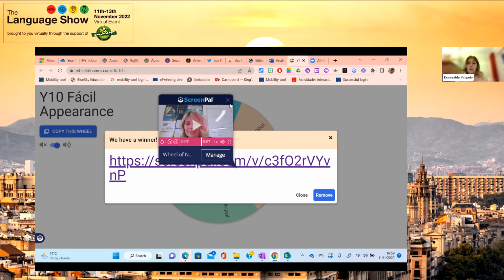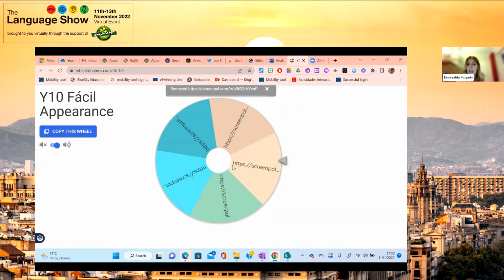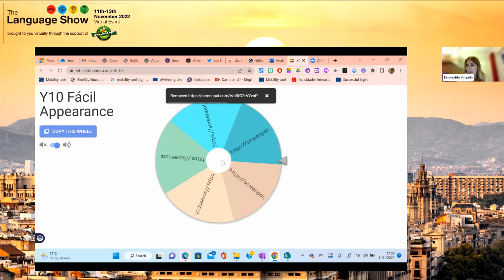The students that were working with this on their own in the language lab, the computer room, put the headphones on, they were doing the wheel, they hear my sentence, and then in a Word document or in their books, they write the translations. What did I say? And because I'm recording myself, I can do it very quickly, or I can do it slower, in different ways, etc. The ones that were really good, I would say, okay, translate it, and can you extend the sentence? Okay, so that's basically the idea. The students will remove that one, and they will go to another one. Okay, it's as simple as that.